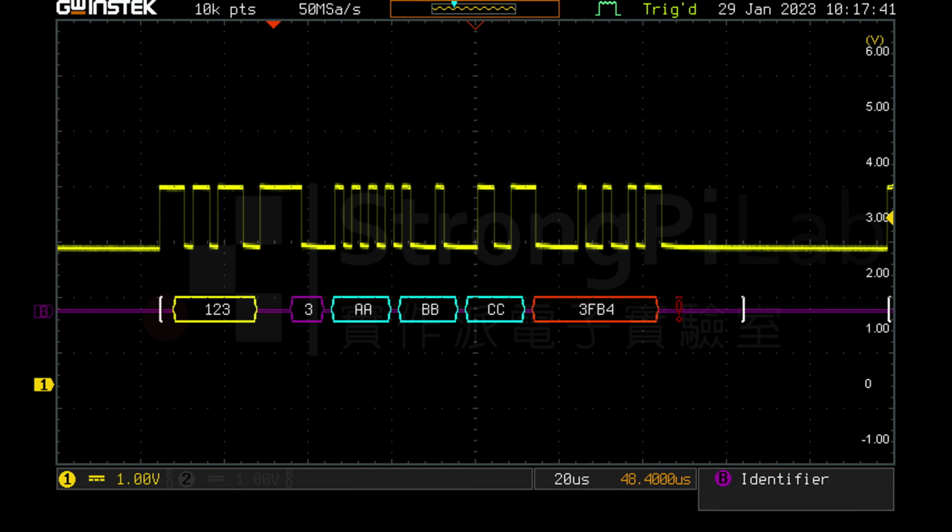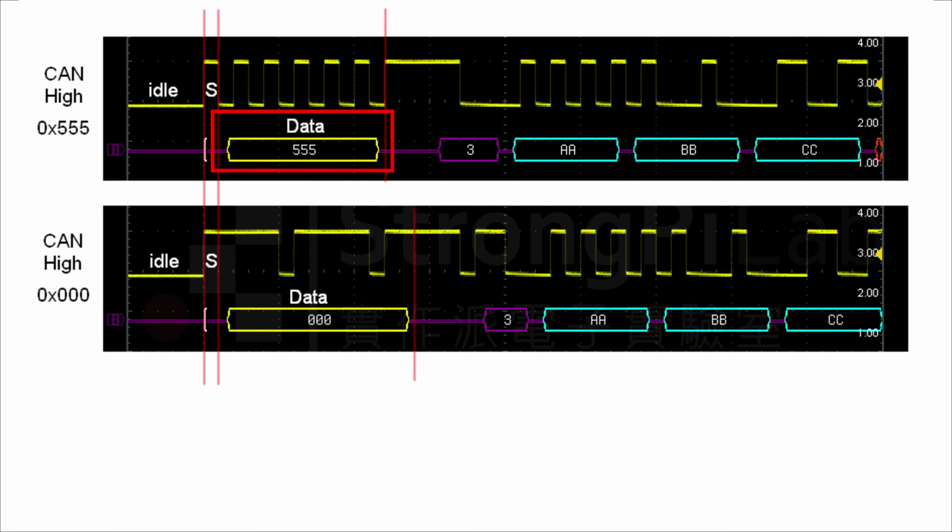It's certainly beneficial to have an oscilloscope for decoding, but if you attempt to decode with only your brain, you must be careful. The byte data transmitted on the CAN bus may differ from your expectations. For example, the ID 555. Then this waveform appears normal as expected. However, if your ID is 000, the waveform is not a straight line. Why are 2 distinct bits noticeably dipping in the center?